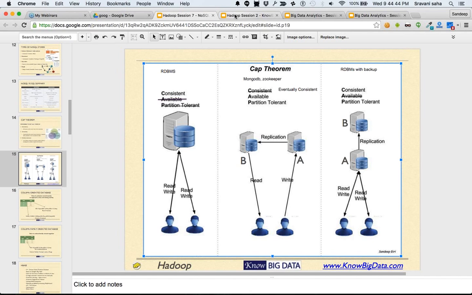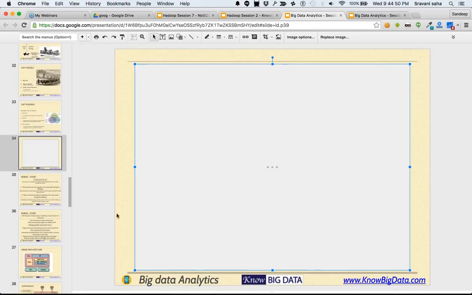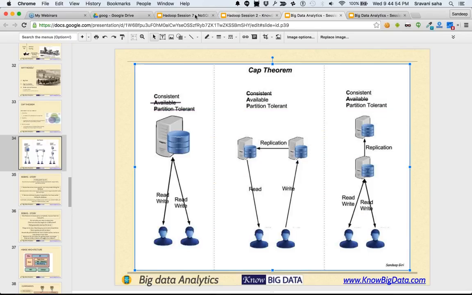All right. On the left-hand side, you see this database, which is your relational database.